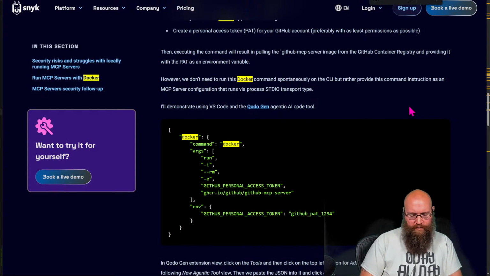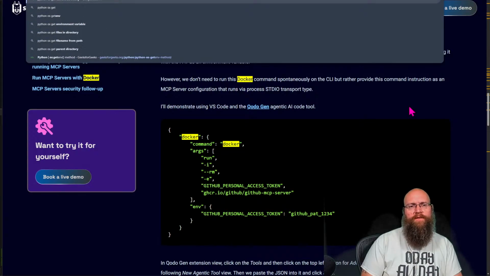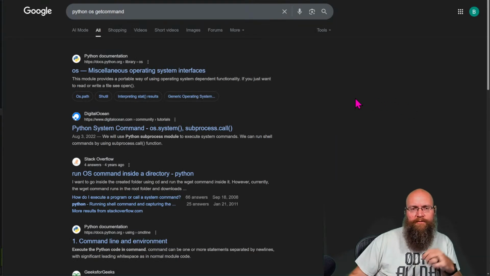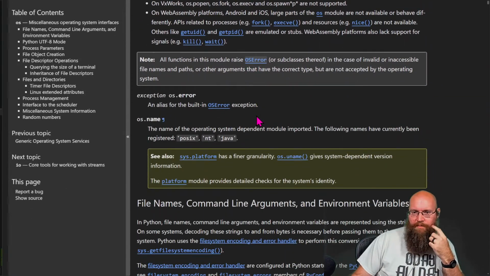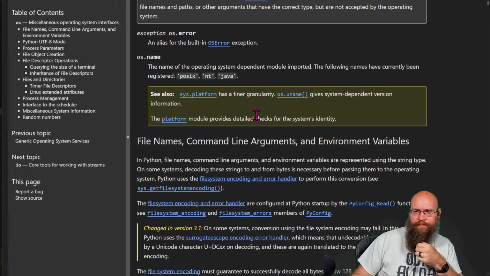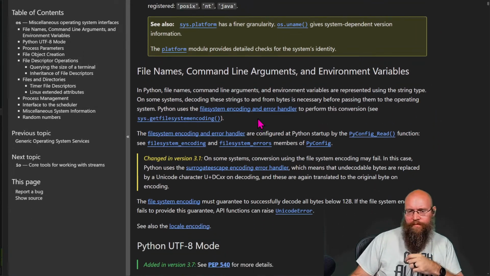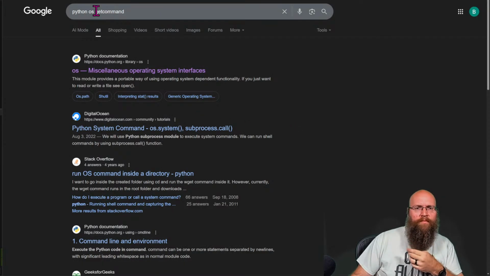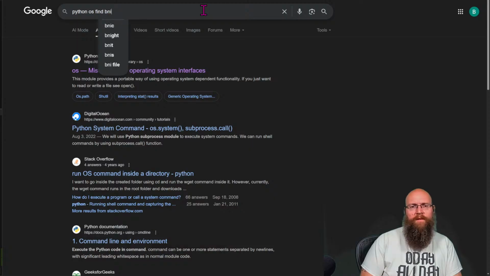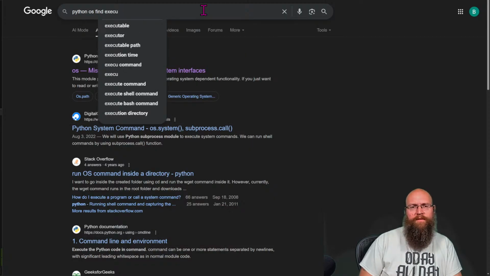Let's see if I can try something real quick. Let's see, Python os get command. Can it find a particular binary? Let's see if we can just make this workable. Find execute.